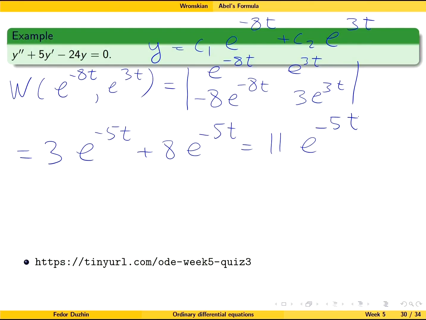Okay? And what you see here is that this minus 5 is exactly minus p of t from the differential equation. Okay, so that's all material for today, and please